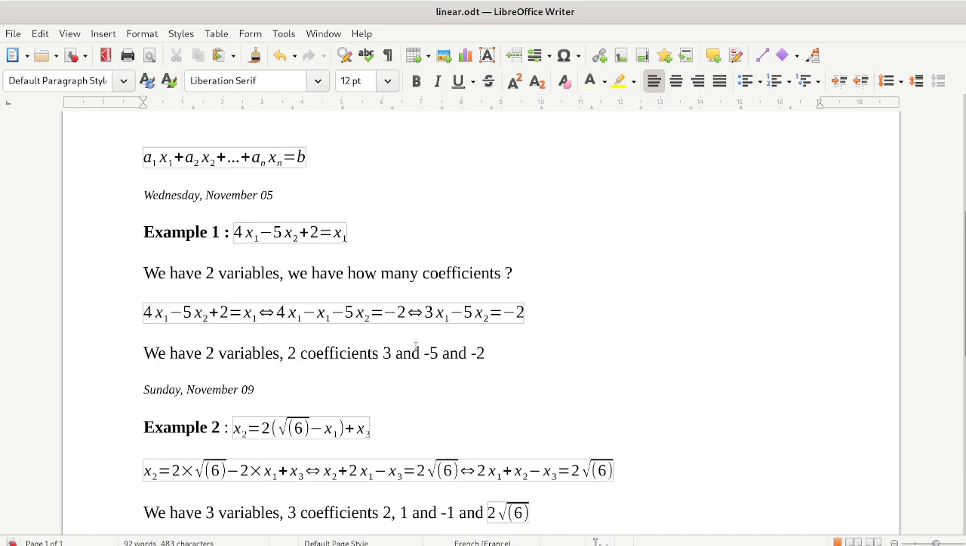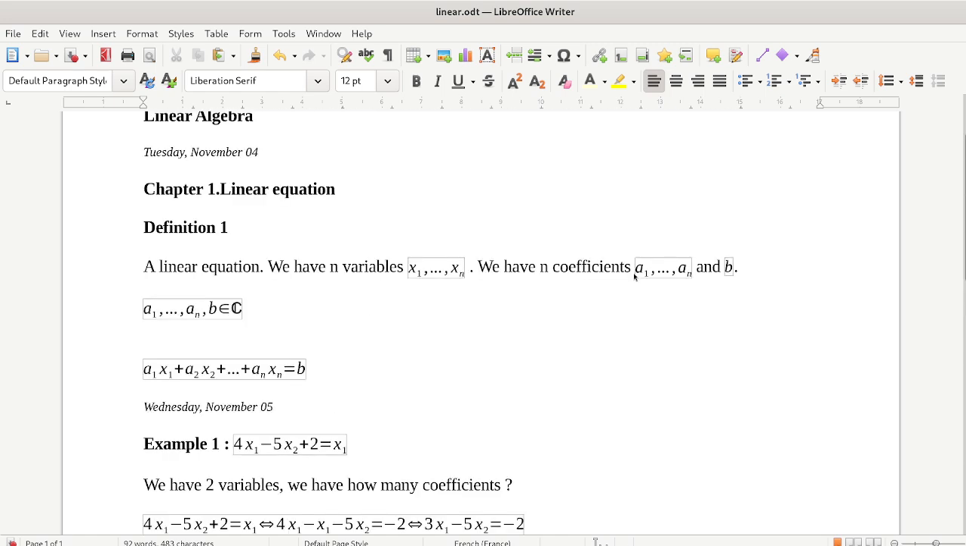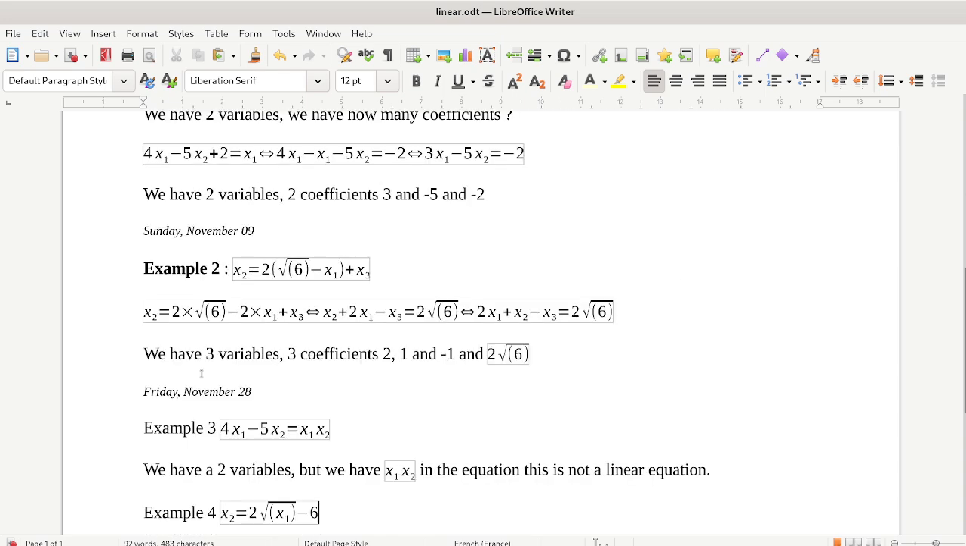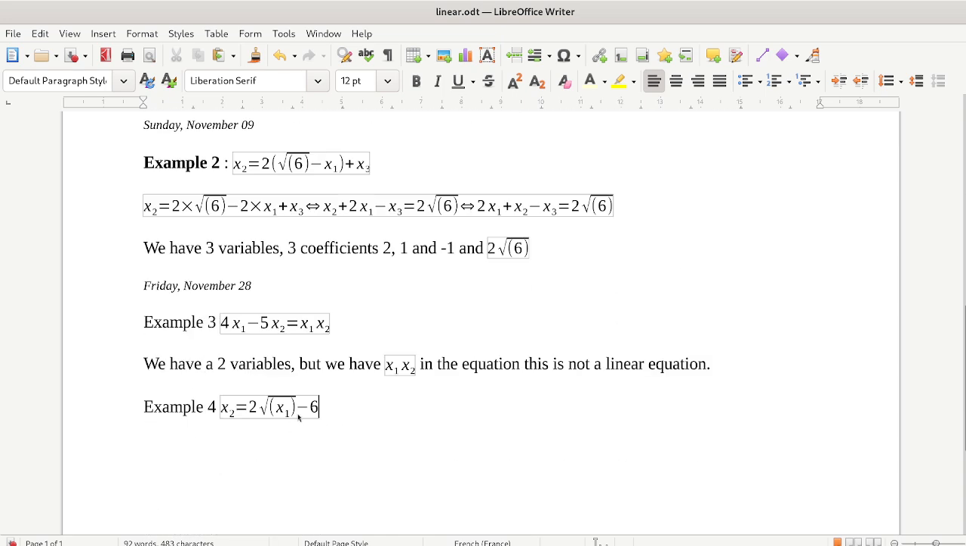Come back to the definition. Have n variables, n coefficients, and it has to be written like that. A coefficient times a variable plus a coefficient times a variable. Here we have a coefficient x1. We have two variables,